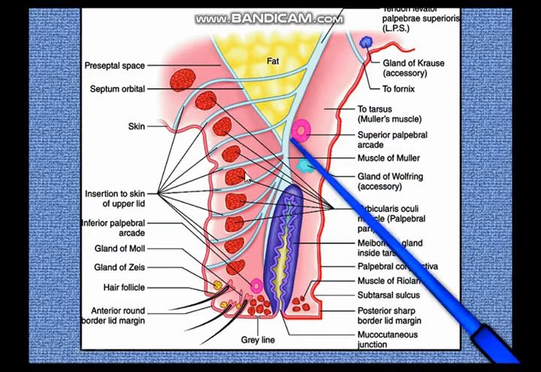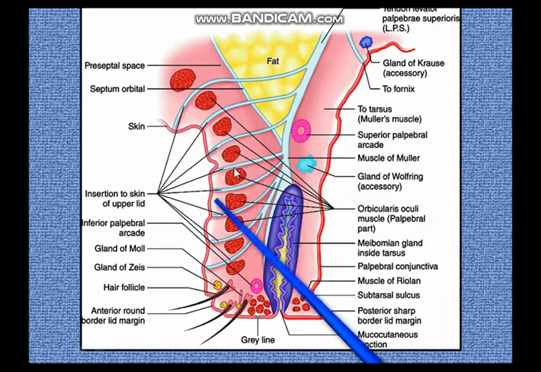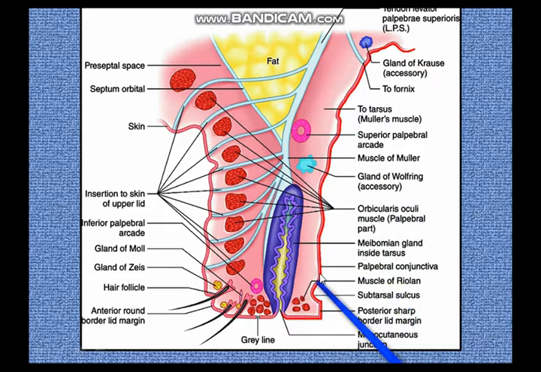So this cross-sectional diagram of the eyelid is very important. The skin is lined by stratified squamous non-keratinized epithelium, and the conjunctiva is initially lined by stratified squamous non-keratinized epithelium, gradually extending to form a columnar epithelium, multi-layered. Initially two layered, the basal layers will be more or less cuboidal, and they expand into multi-layered columnar epithelium. That is why on average the conjunctiva is said to have a stratified columnar epithelium.